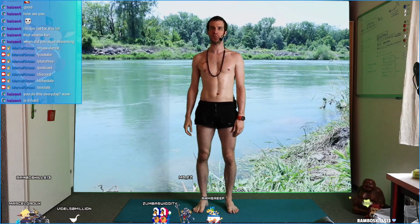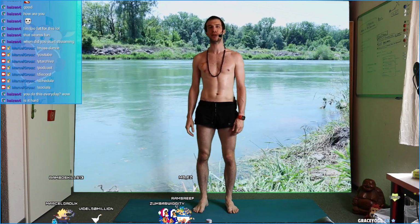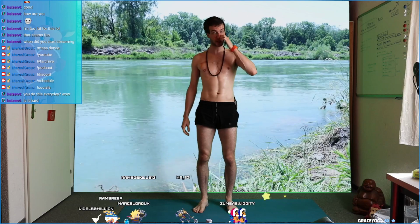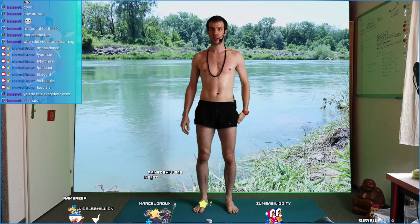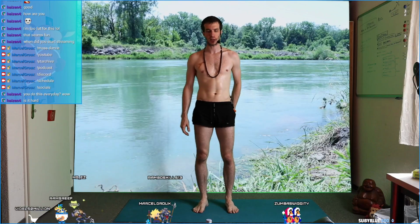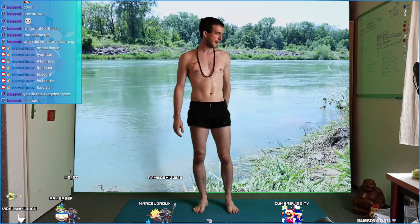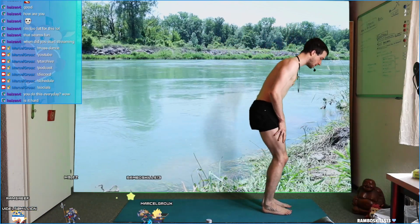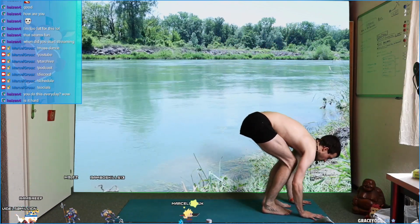We're going to do something more. I don't know what we will be doing, so we figure that out right now. Maybe we do some more stretch, maybe some more strength. Yeah, I think something in between. Let's go chaturanga today. Come to the front of the mat, bend your knees, bring your hands down to the floor, step